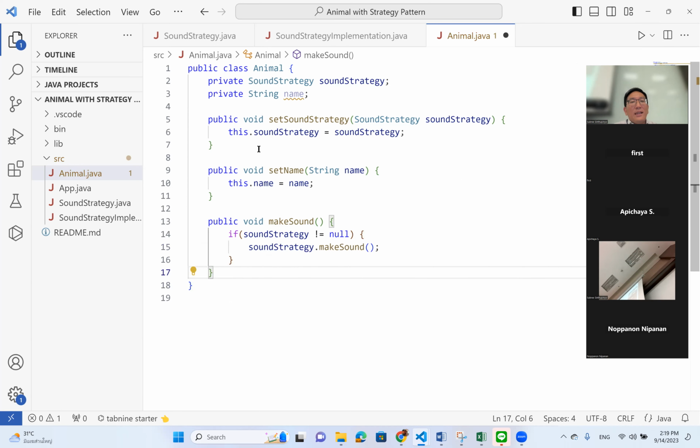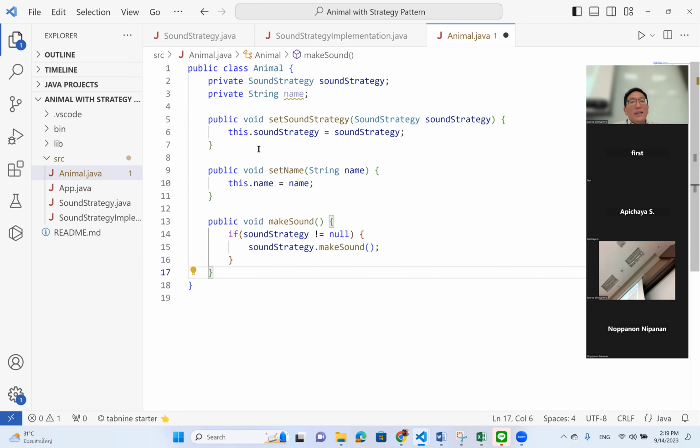This one is private, right? So you cannot directly access this one. But it already provides us the set sound strategy method that is public. So in the Dog class, you can set sound strategy,